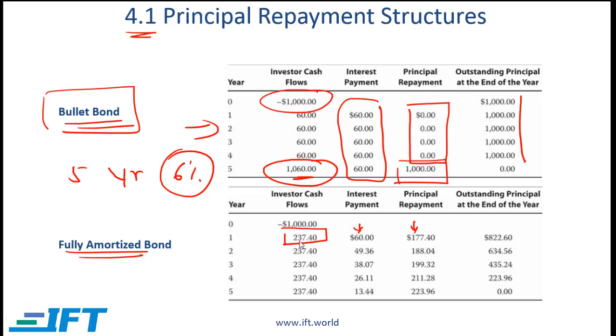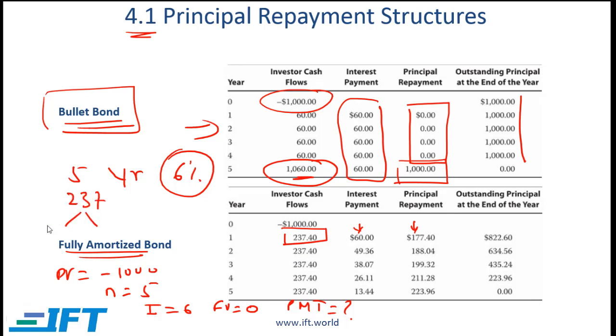In order to come up with this 237 amount, which is effectively an annuity, you plug into your calculator minus 1000 for the present value. So present value is equal to minus 1000. The number of periods is equal to 5. The interest rate is equal to 6%. The future value is 0, and you compute payment. What you should get is this amount. Now the payment of 237